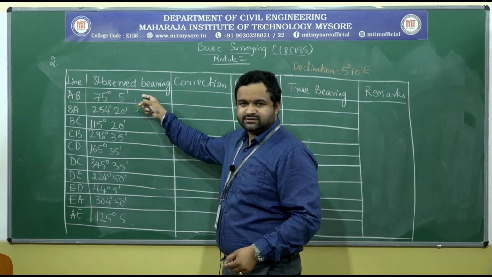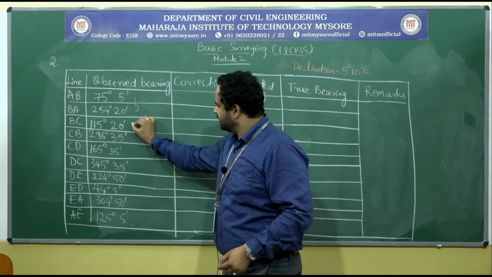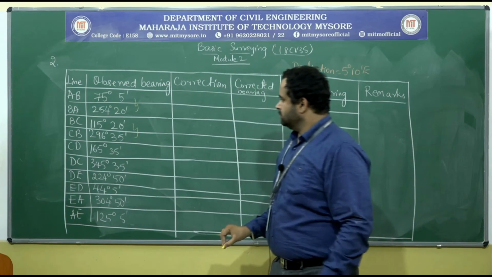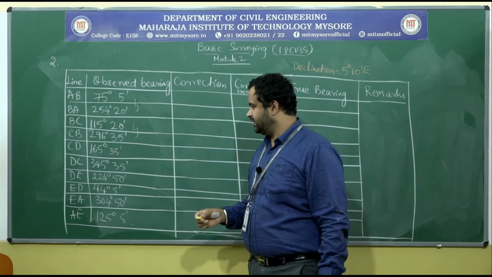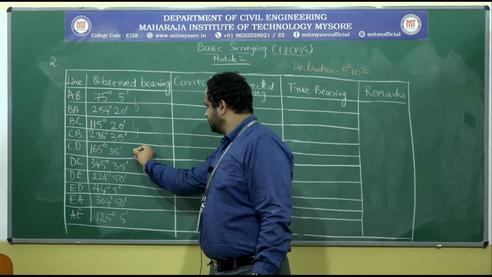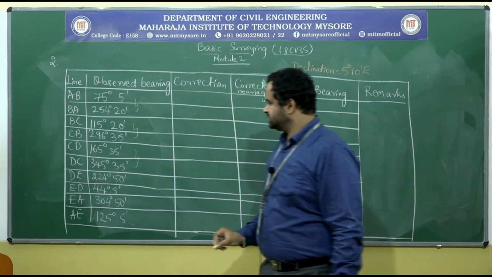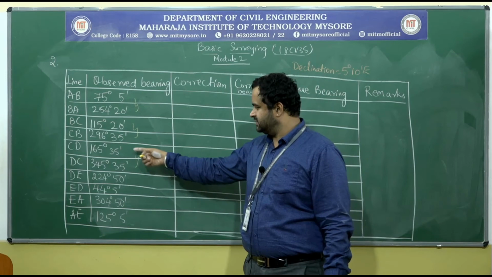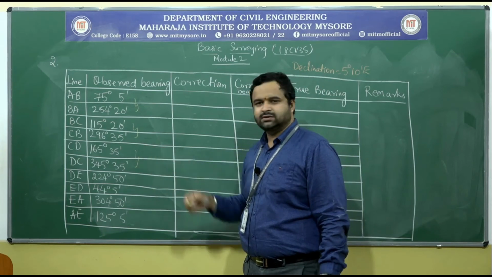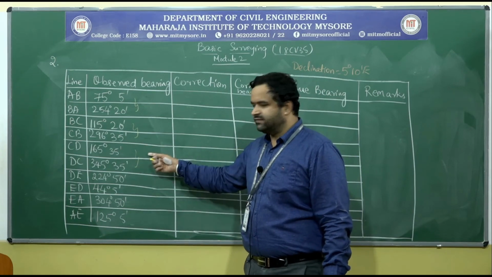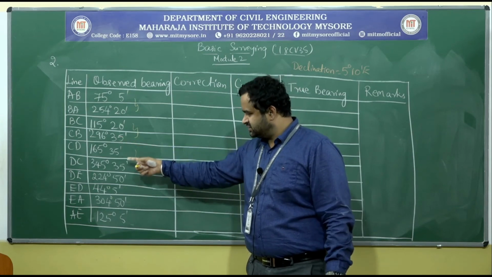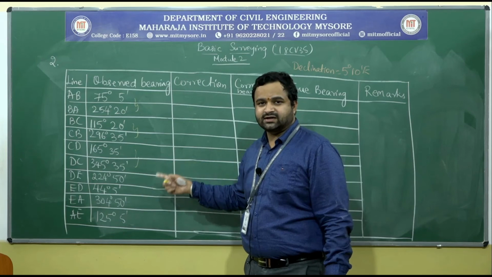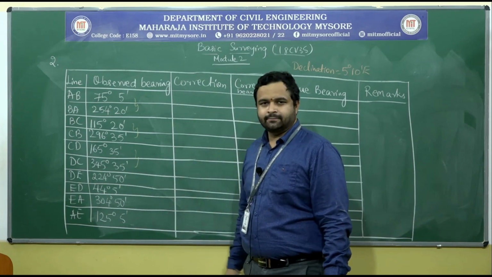difference between these two bearings is not equal to 180. Observe these two bearings, difference between these two is not exactly equal to 180. Next, observe difference between these two bearings, 345 degree 35 minutes minus 165 degree 35 minutes. Yes, we have got the difference exactly equal to 180 degree. So, we can say station C and station D are free from local attraction just by inspecting.